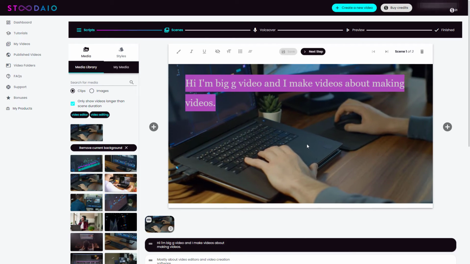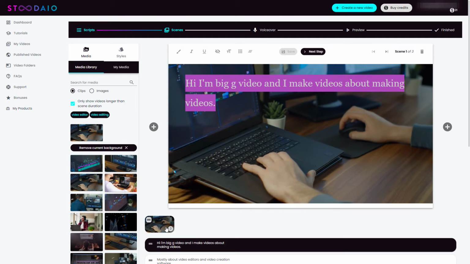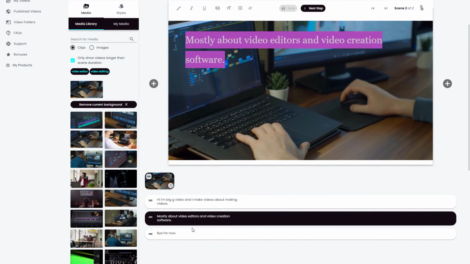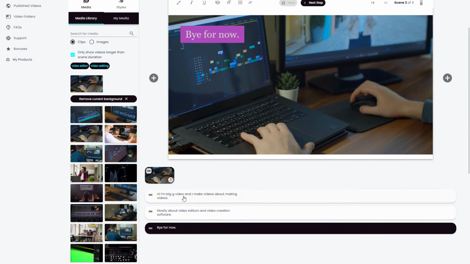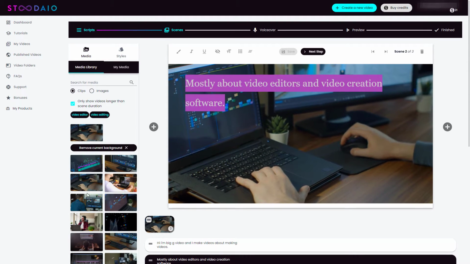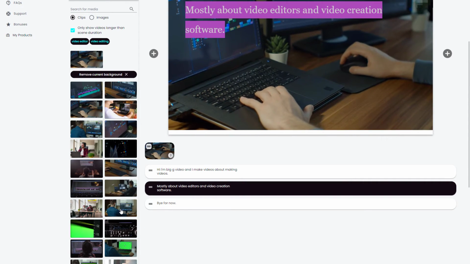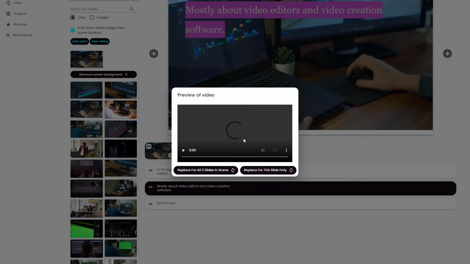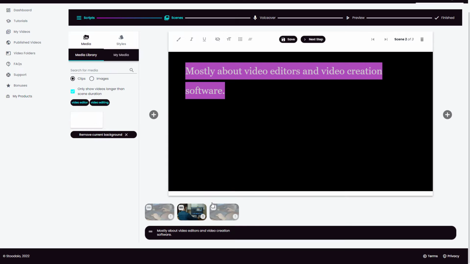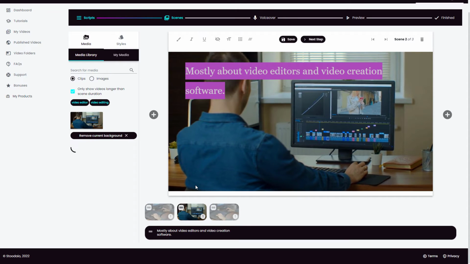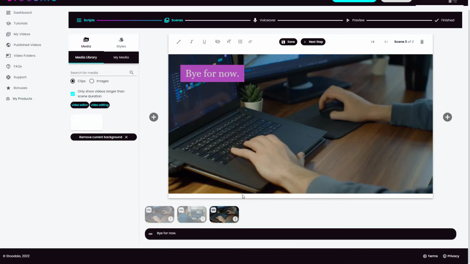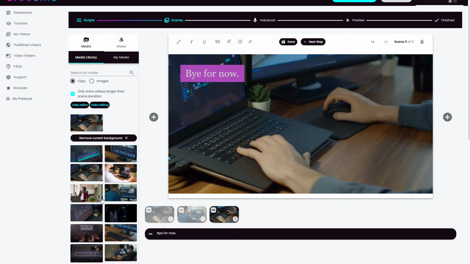We've got our text here, we've got our stock footage, and it seems like it's only picked one piece of stock footage for 3 scenes, which isn't brilliant. So I'm happy with this. This one I'd want a different scene. So it has some scenes here. I'm going to pick this one. I'm going to click this. Now I don't know where the stock footage comes from for Studia, but it doesn't come from Storyblok like Pictory AI. You can see things are a little bit slow.